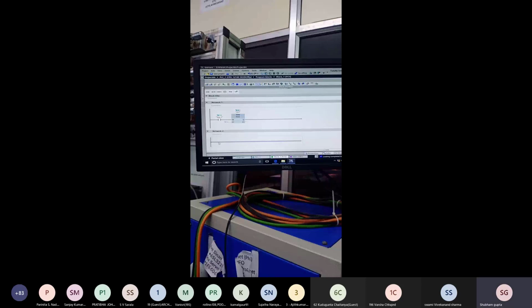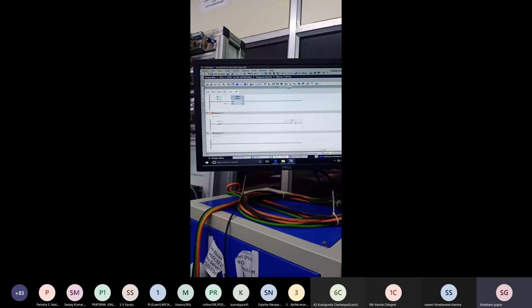Just click on it, copy, and paste it. Yes. The output Q0.0. Download it.